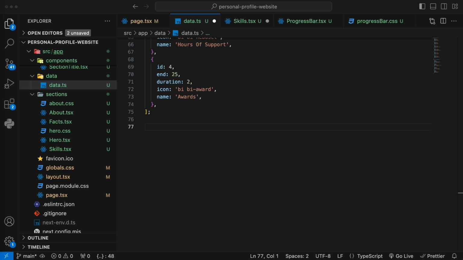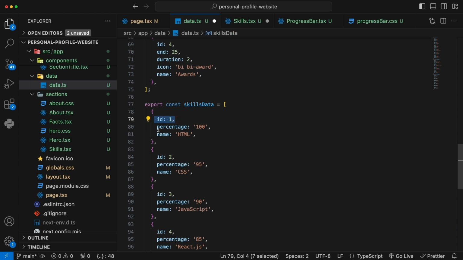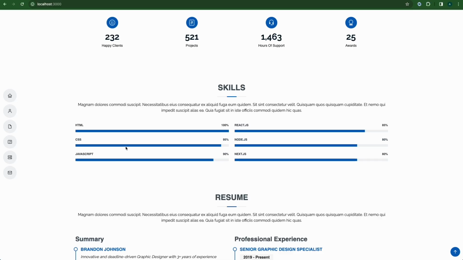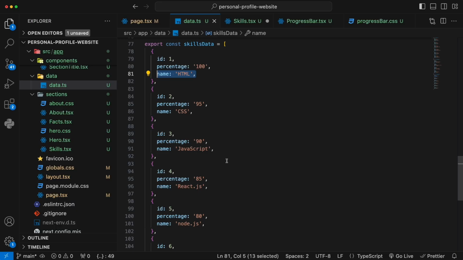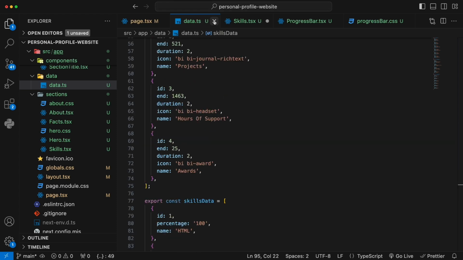So the skill data comes in a format that contains very limited information points, with the ID for each one, and also the percentage comes in as a string, and also the name of that progressive bar. Okay, if you have more skills to be listed, you can add more in this array, but for this project, I'm only demonstrating 6 progressive bars for your skills. And that's what it looks like. Okay, so now we have the data ready, we close that off,